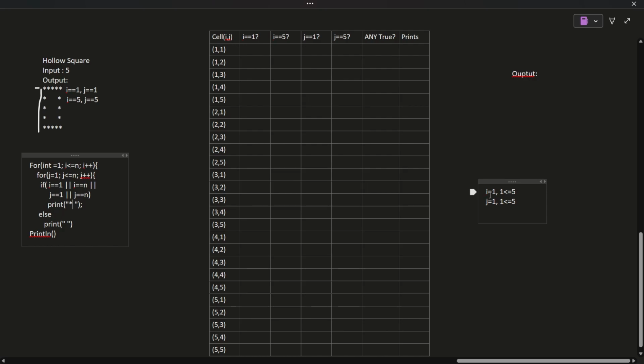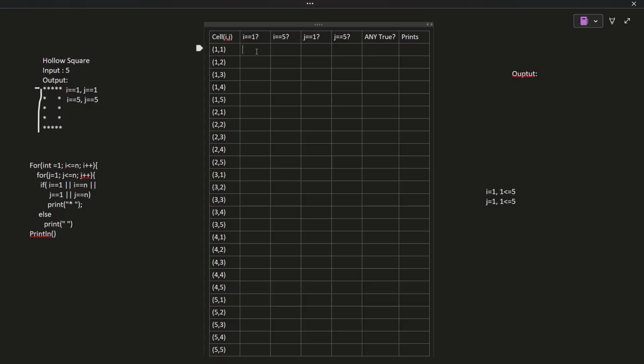So what is the value of i and j? Both are 1. So i double equal to 1, the condition is true, right? For the first row, first column, the condition is true. So it will print a star. Next